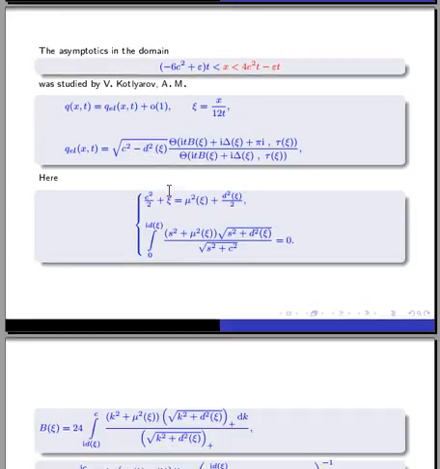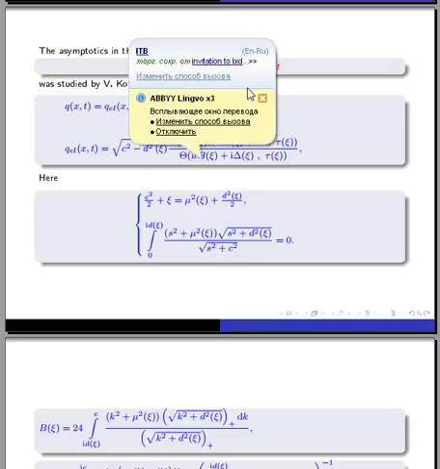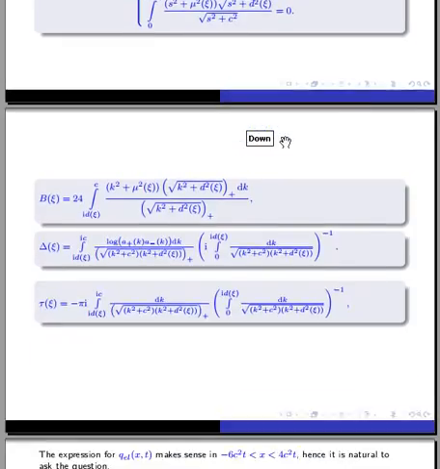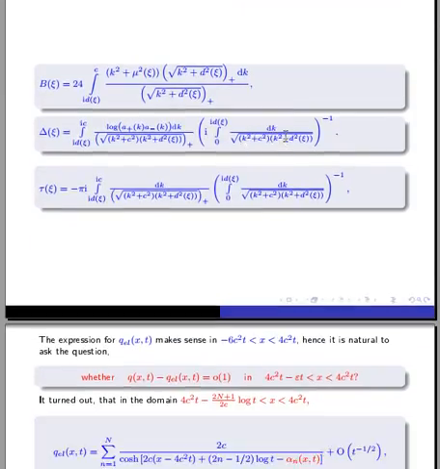And the asymptotics below that small region which we are interested in was studied by using the Riemann-Hilbert approach, and the main term of asymptotics is described in terms of the following modulated elliptic function. Here the parameter d is determined from the following system of equations together with the quantity mu, and the